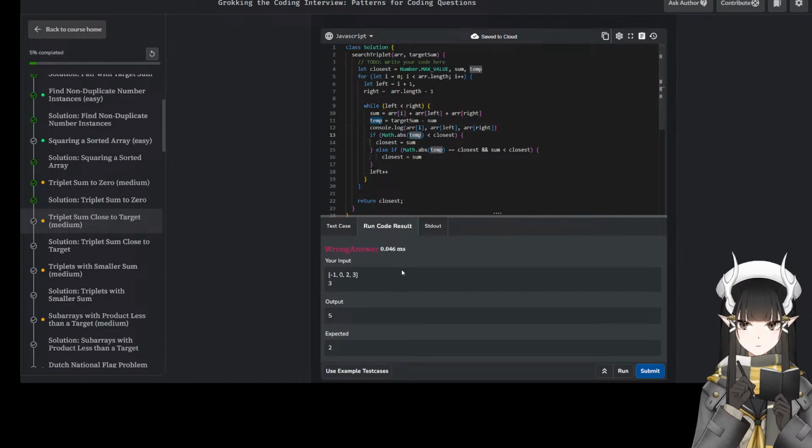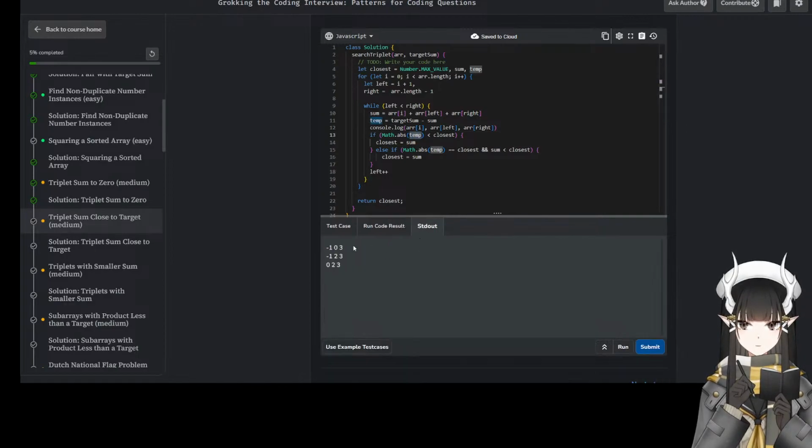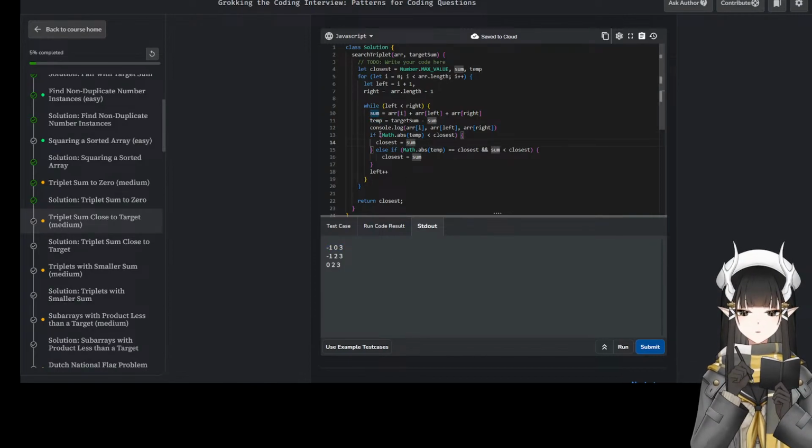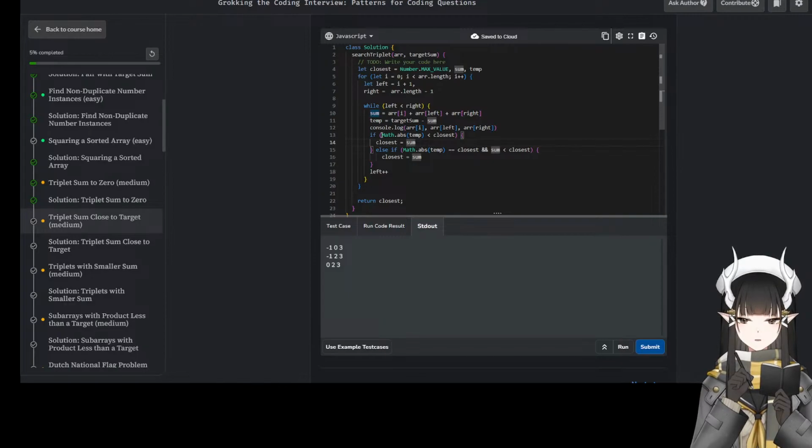And then Math, temp is this. Oh, we're looking for the closest number, not that smart. Okay.